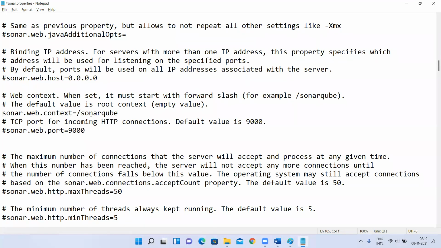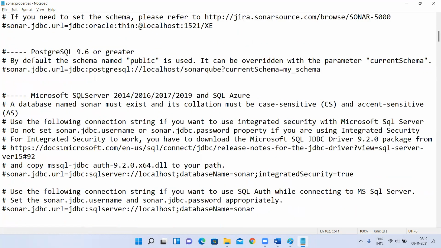So you can uncomment this and set it. We'll see this later, when we integrate with Jenkins. Next is how SonarQube should be accessed. SonarQube has to be accessed from any IP address, from my local laptop or your local laptop, so the source IP address by default is 0.0.0.0. So anyone can access your SonarQube. These are the parameters, and you should remember they are very important.